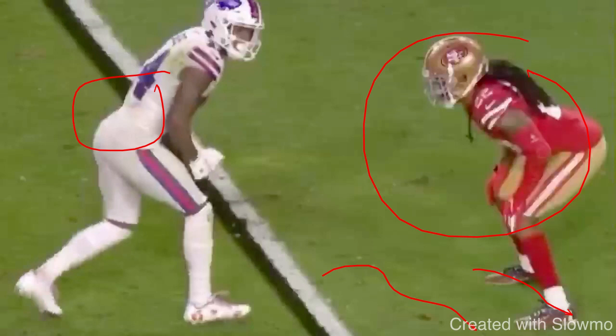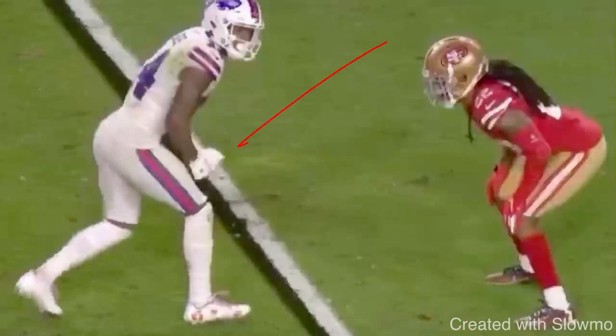If you force the inside release, as a wide receiver, I cannot force anything. I cannot force the release. I have to take what the DB gives me, right? So he's giving me the outside release. So I probably want to threaten him to the inside. I want to threaten him with an inside move, try to work him off the platform,